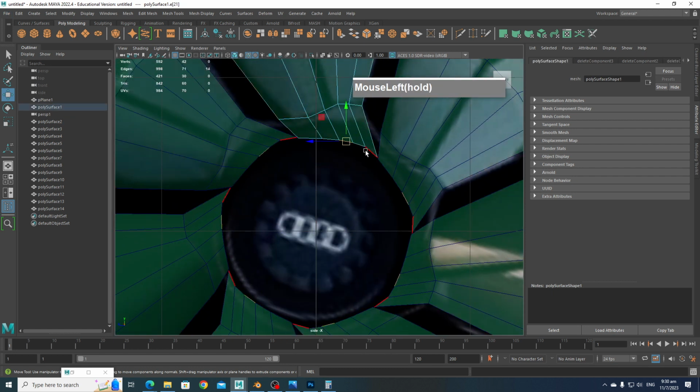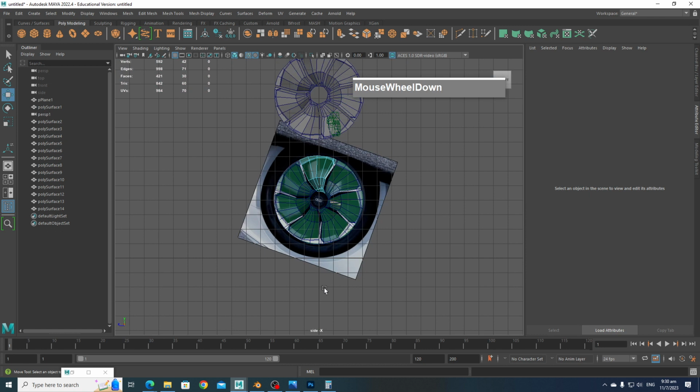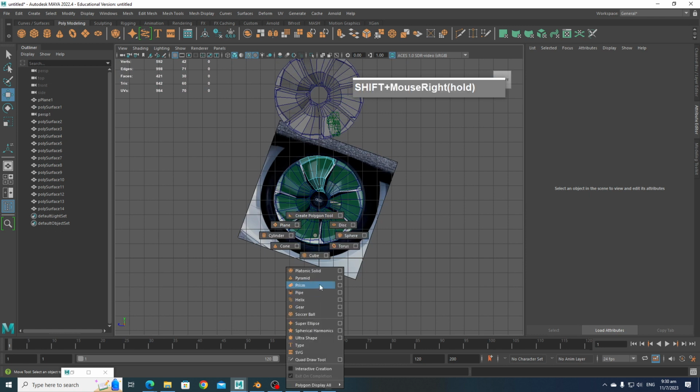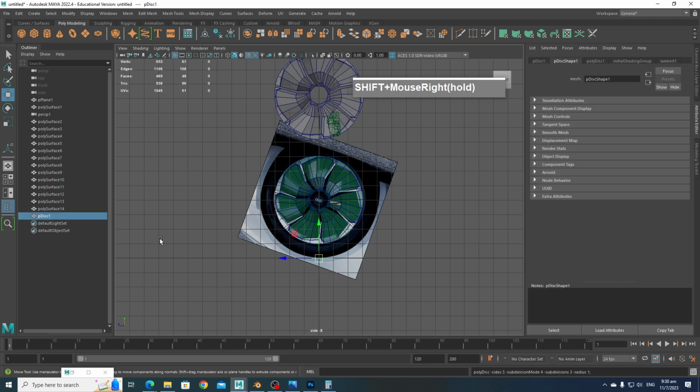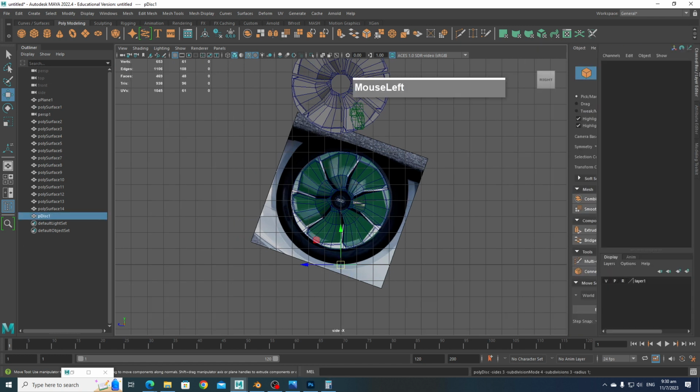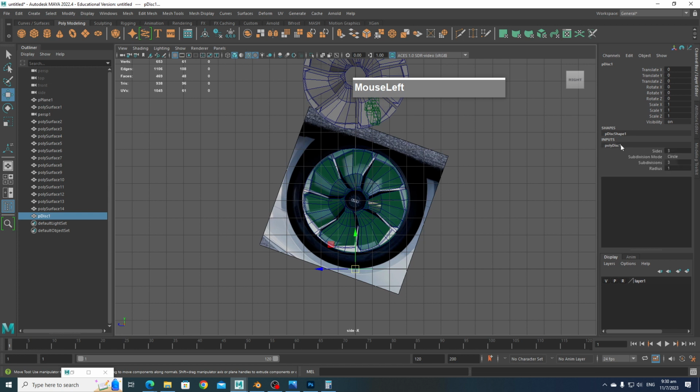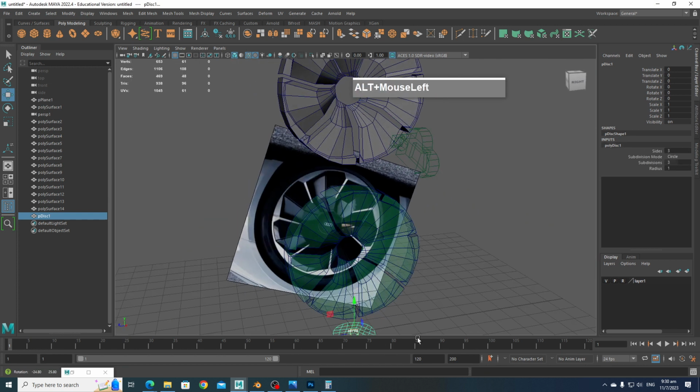1, 2, 3, 4, 5. So 5 times 7, that will give us 35. So we need to create a circle with 35 sides. So let's do that right now. Shift right mouse click, create a circular disc, and let's go and adjust the disc, give it 35 sides. Now it's only got 3 sides, so maybe